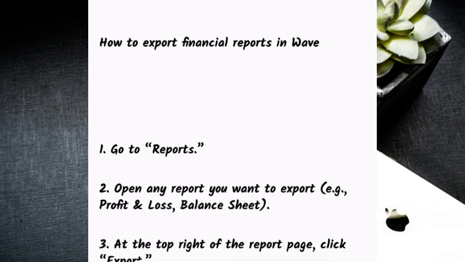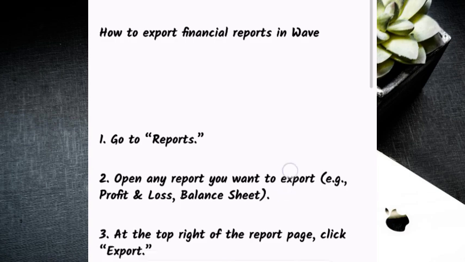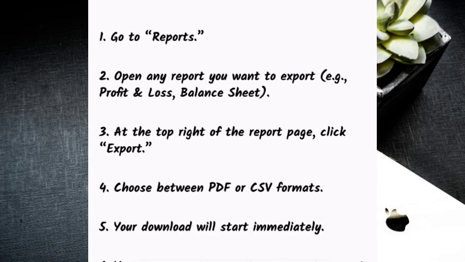First, what we're going to do is go to reports. In our main dashboard, we're going to go to reports, and then we're going to open any report that you want to export. That could be the profit and loss report or balance sheet report. Just go ahead and open that up, and then at the top right of the page you're going to see